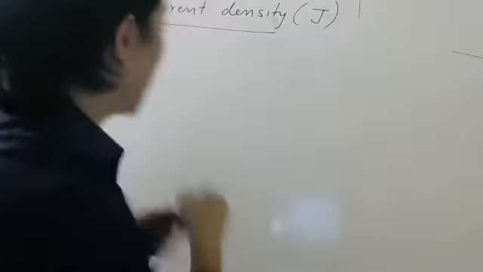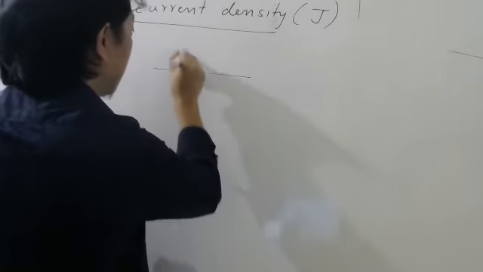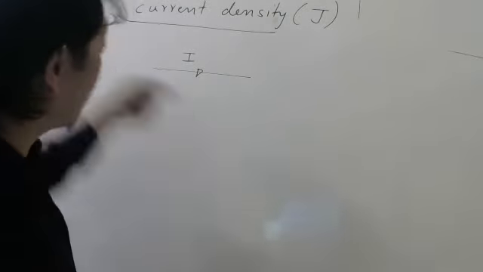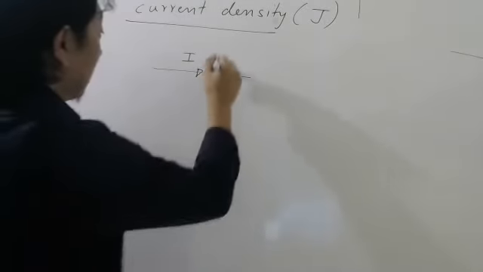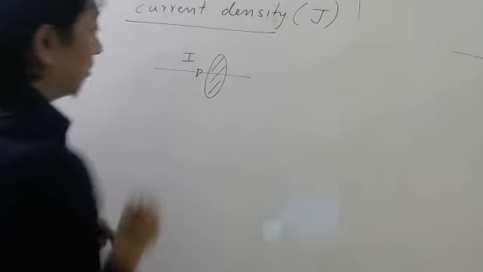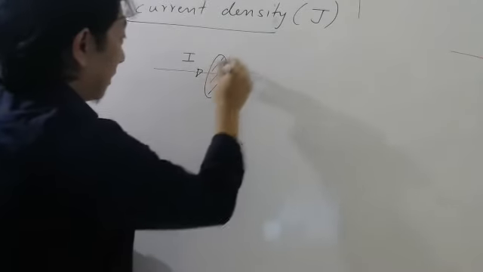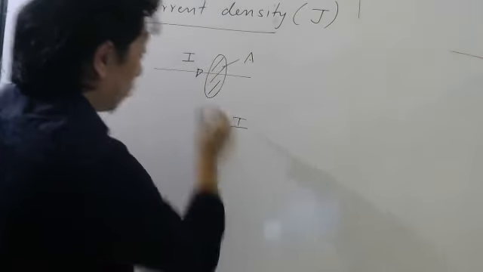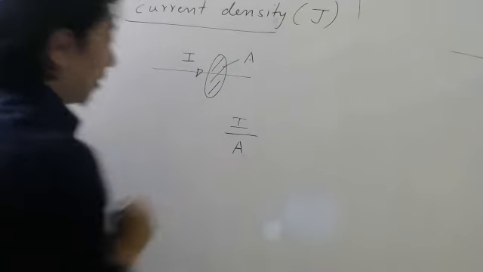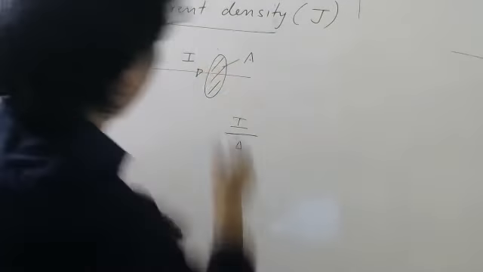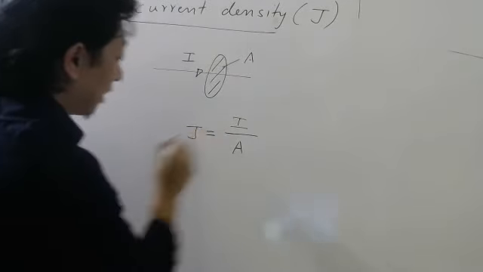Water, you can put in some volume of water, then divide mass and volume and talk about the density of water. But current is something which flows, which continuously flows. If the circuit is closed, it will continuously flow. So when current flows, that means some positive charges are going. There will be some area through which they will go. So if you divide this current by this area, provided the flow is perpendicular to the area, then we call this current density.